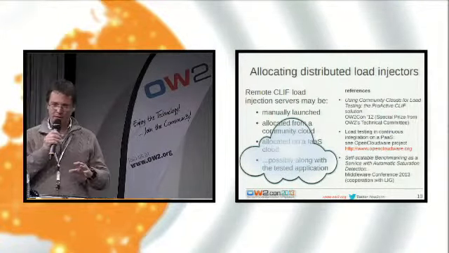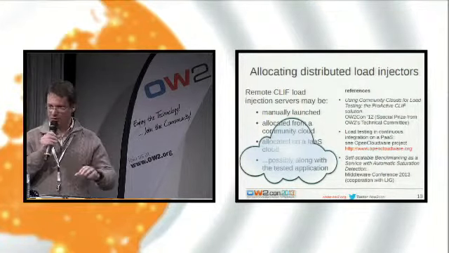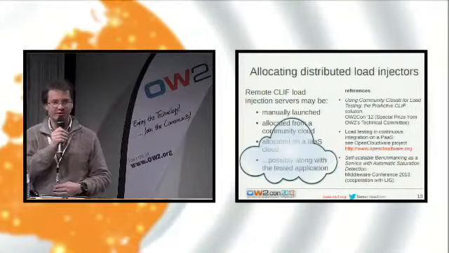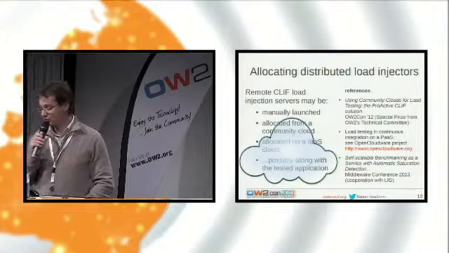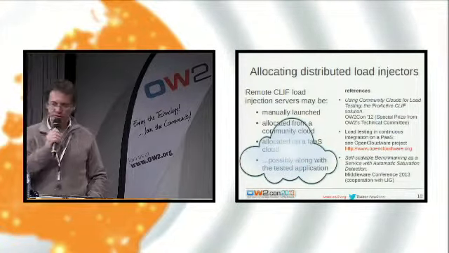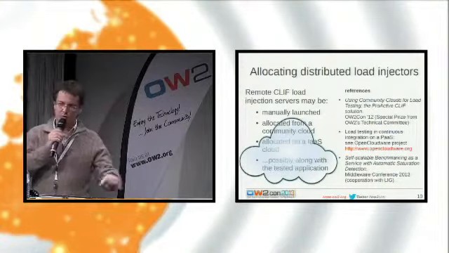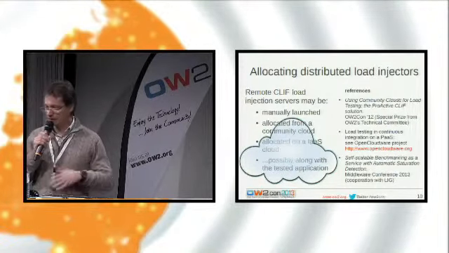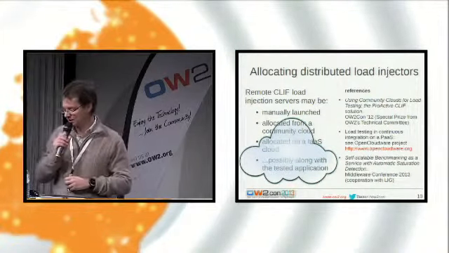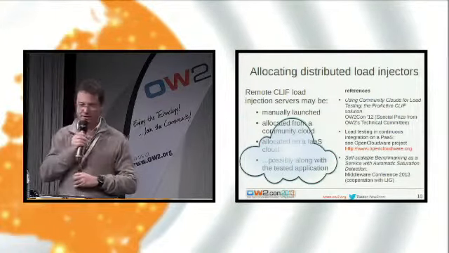And now I would like to make a special focus on the way you are distributing your load injectors. You are allocating the load injection machines that you will be using to deploy your load injector scenario. So traditionally, you just manually launch a process to register one node in the Cliff system. This way of operating is still supported with Jenkins. But we have been working on two cloud-based deployments.